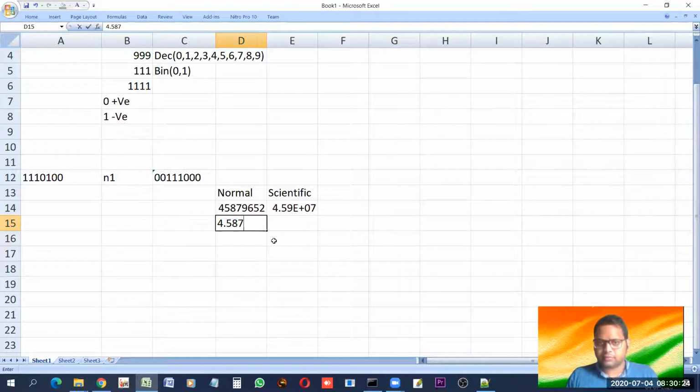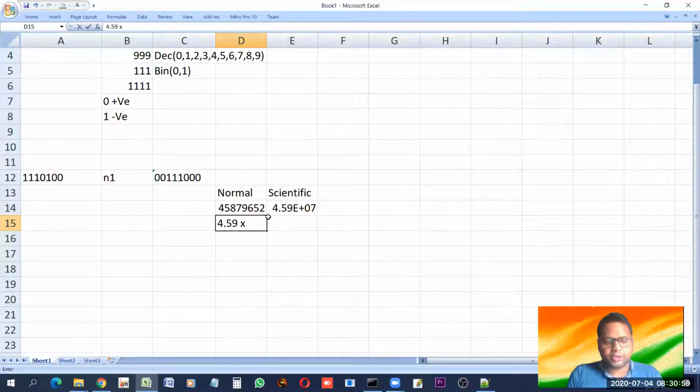You may say, sir, why can't we write 9, 6, 5, 2? Then if you're writing the whole numbers, what is the need of using scientific notation? We have to reduce its size. The motto is to reduce the size. So we can write 587, or we can also write 5987, which can be rounded off to 59 also. Yes, that can be done to just reduce. It's not exact, it's just more accurate.